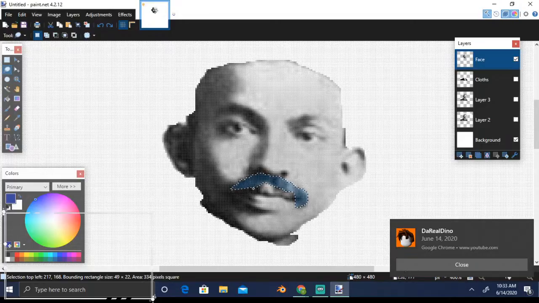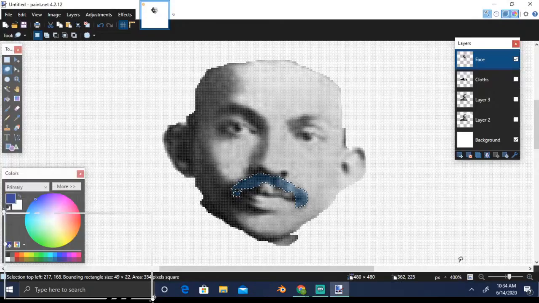Don't take me wrong for selecting young Mr. Gandhi, because yeah, I respect him, and this is a good photo to color. So let's say this is the mustache, and let me again copy it and put it in a different layer.